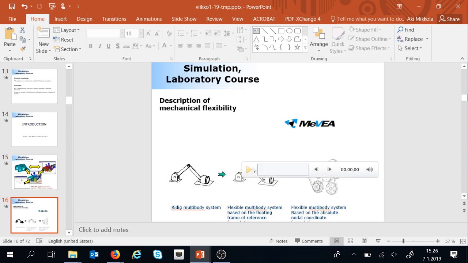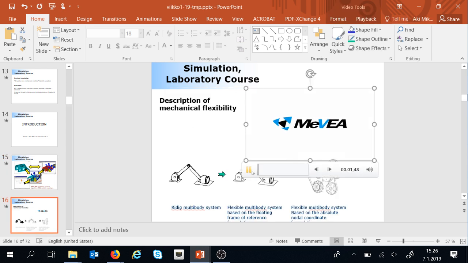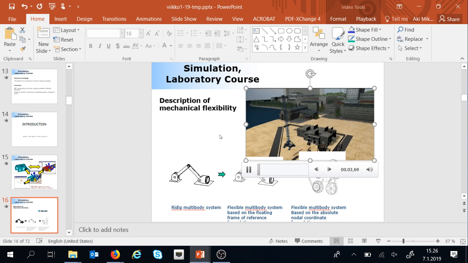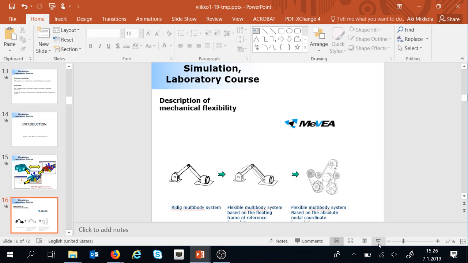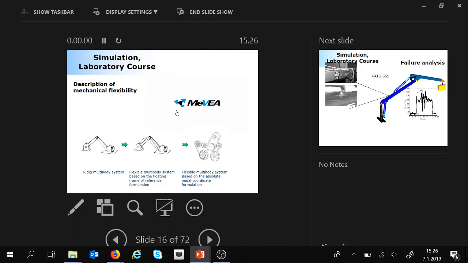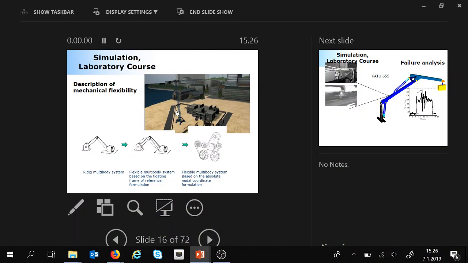So this first example is related to, I don't know if this is too small for you. Kind of. So I'm gonna make it a bit bigger. Just an example about